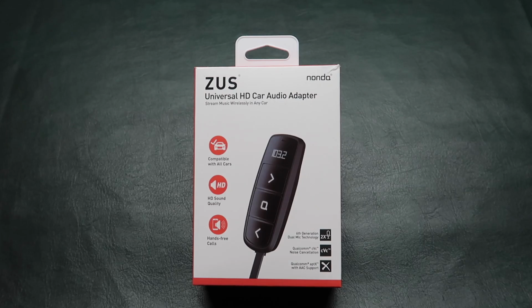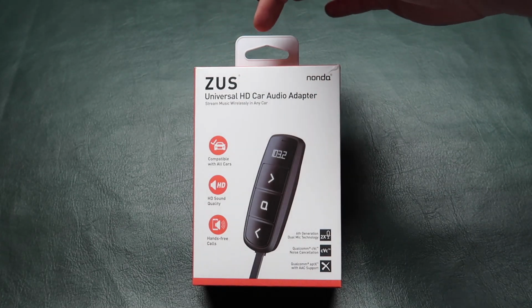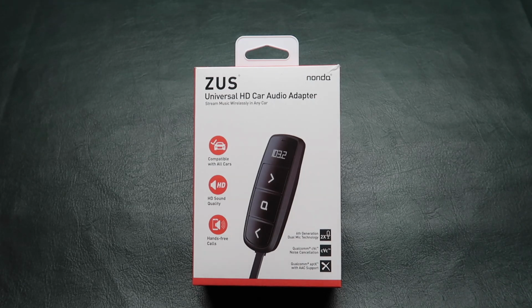What's up, guys? Today we're going to be reviewing what I think is the best Bluetooth car adapter for playing music in your car. I'm not sure how to pronounce this, I'm just going to say Zeus because it sounds cool. So the Zeus Universal HD Car Audio Adapter by Nanda. I got this from Walmart for $25, which is a little bit steep, but like I said,